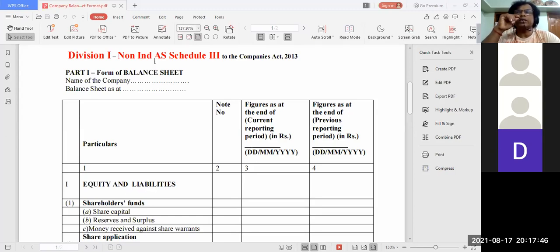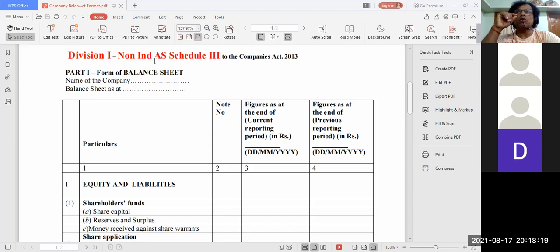Now, International Financial Reporting Standard has been accepted by India, but not for all companies. Only for certain big companies it is accepted. But for small companies, it is not mandatory to follow Ind.AS. Small companies are following AS. AS means the original accounting standards of India, and Ind.AS means Indian accounting standard. Ind.AS is a reflection of IFRS.